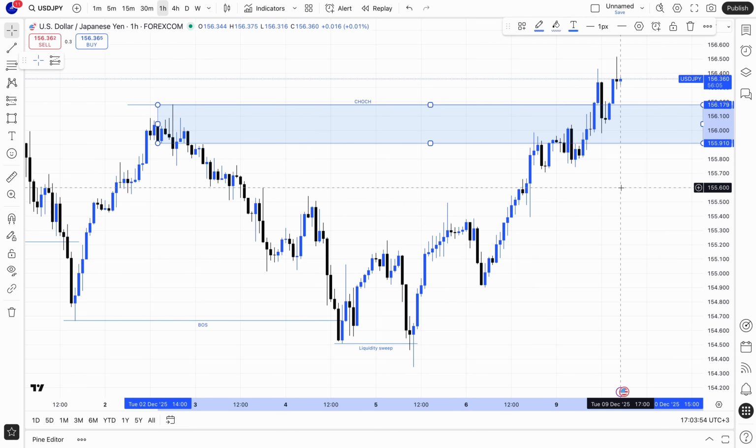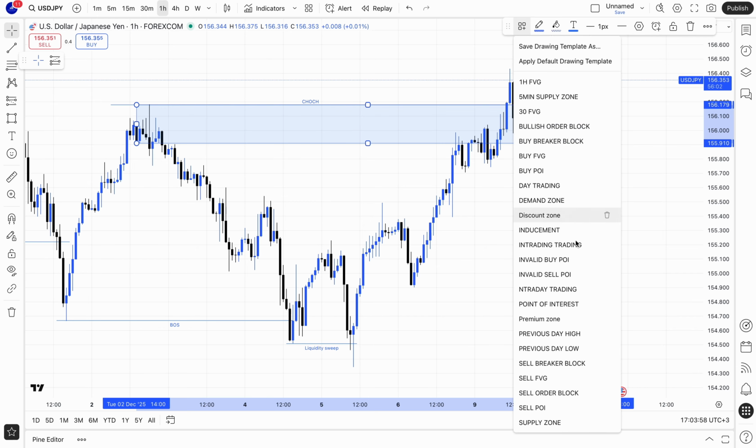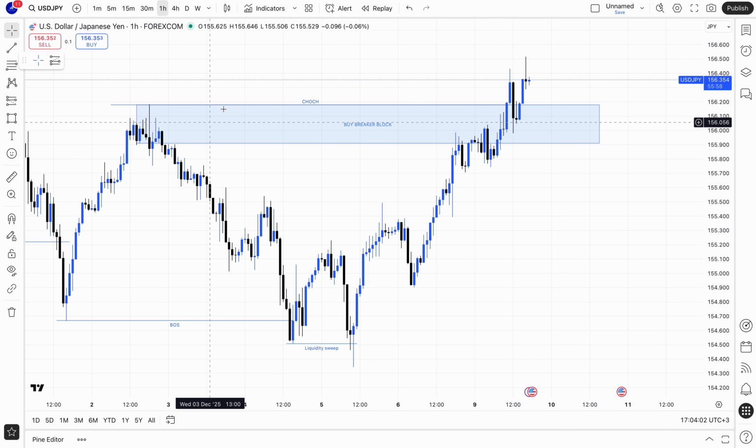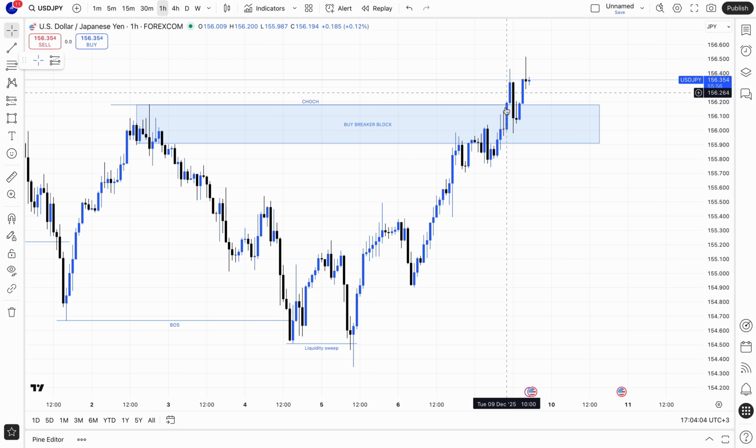And we had this breaker block, because before it was a supply zone, then after being disrespected, you can see sellers tried to push it,